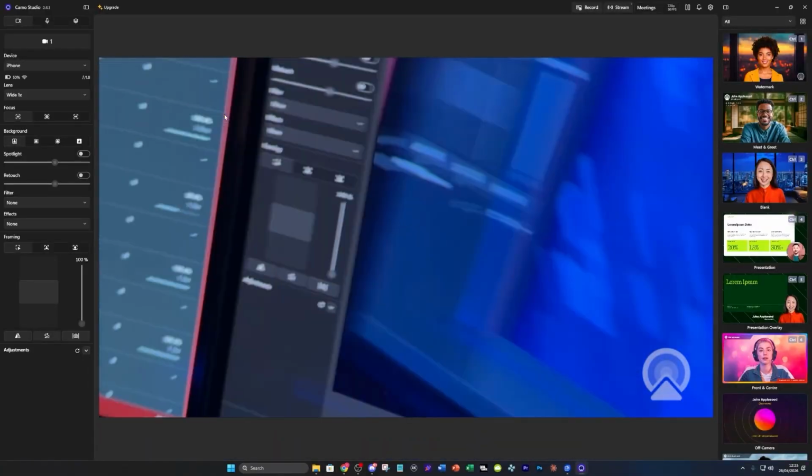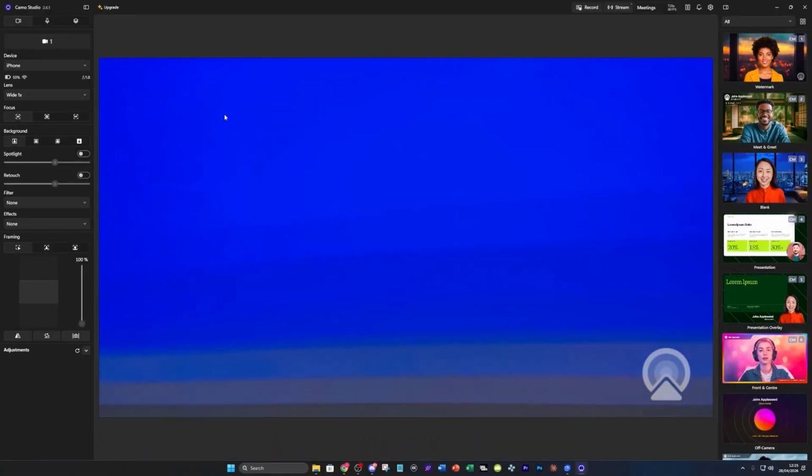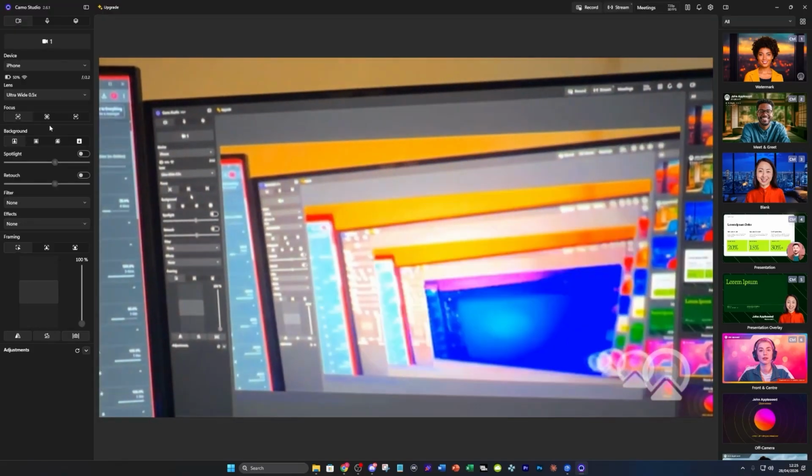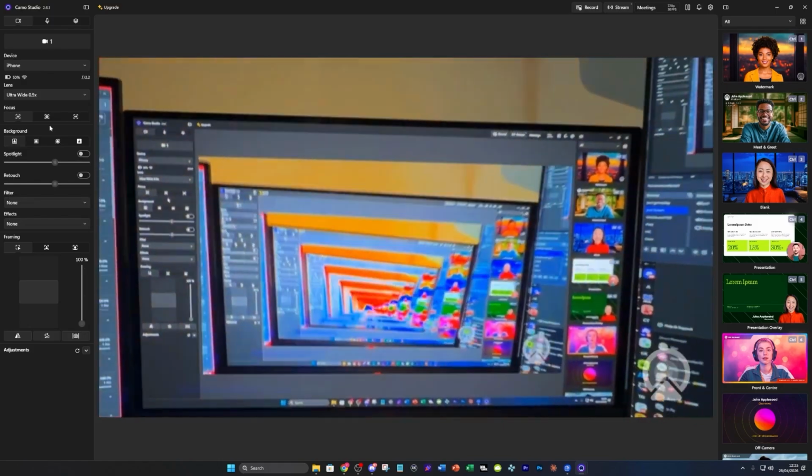So I can then, obviously just like zoom in if I want to, zoom out or anything like that. And yeah, obviously you can change the type of lens you want to use as well, which is really cool. And then you'll be good to go. It's as